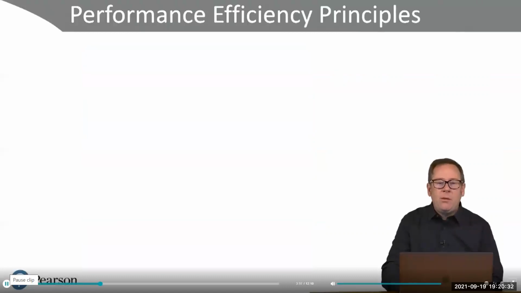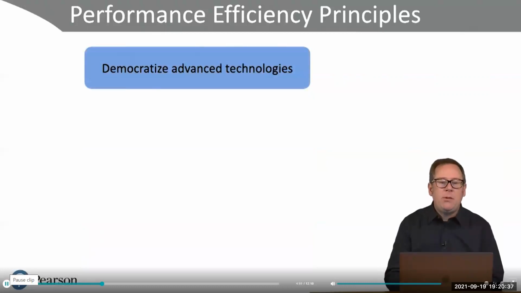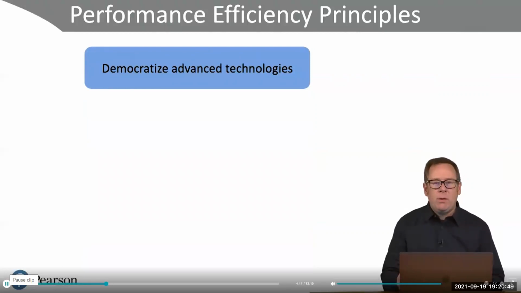Performance efficiency is the second pillar and also has a number of principles. The first of these is democratizing advanced technologies. That sounds like a pretty complicated phrase. What it means is that in traditional IT environments, the IT teams are required to be very conservative with the way that they support and adopt new technologies. They need to become experts in each of those technologies before they can properly deploy them for use by the rest of the organization.